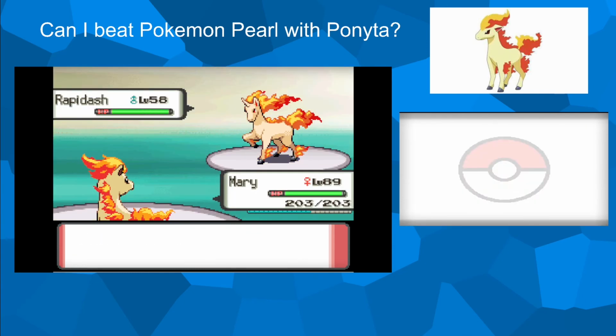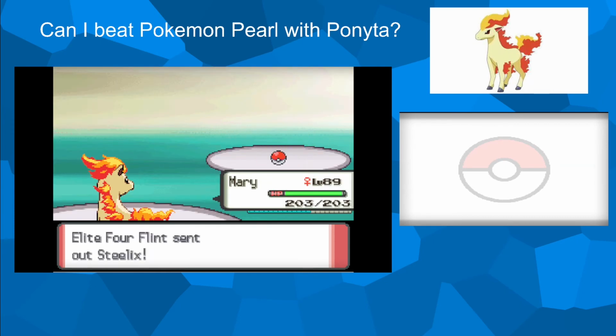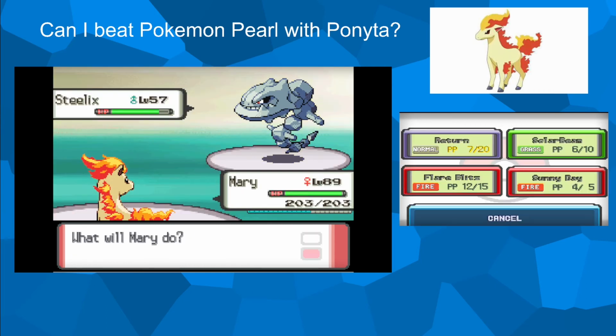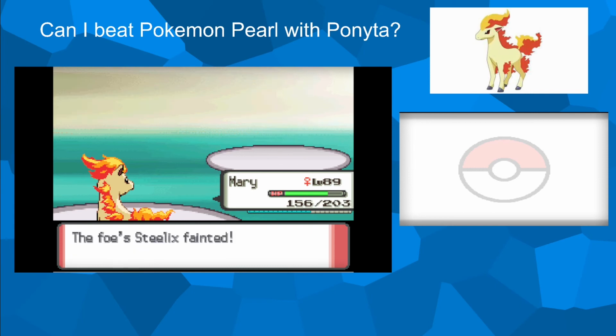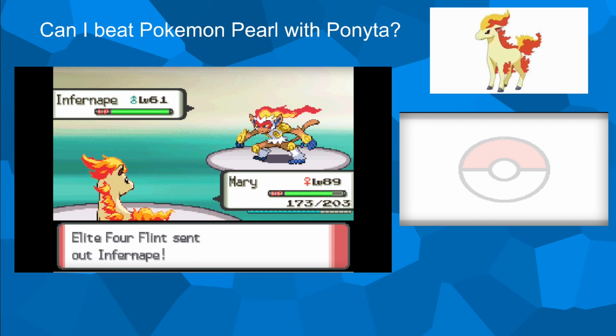So I tag Rapidash with return, it survives and he throws up Sunny Day. Flint heals it. I tag it again and go to finish it with return before he withdraws it for Steelix. Steelix takes the return that would have ended Rapidash before I take said Steelix down with Flare Blitz. Infernape comes out next. I decide to hit it with a Sunny Day powered Flare Blitz to see what sort